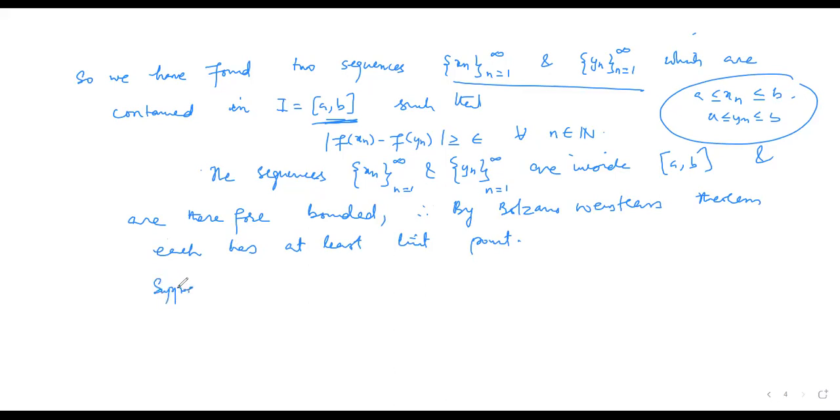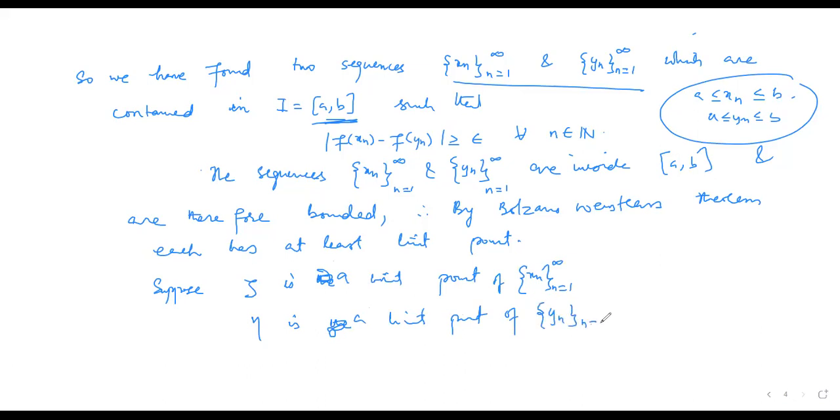Suppose zeta is the limit point of the sequence xn and eta is the limit point of yn, n runs from 1 to infinity. लिखना चाहिए क्योंकि एक से ज़्यादा भी हो सकता है, ज़रूरी है कन्वर्ज कर रही है. Right? Then since AB is closed, पहली बात तो ये कि closed subset है, so it contains all its limit